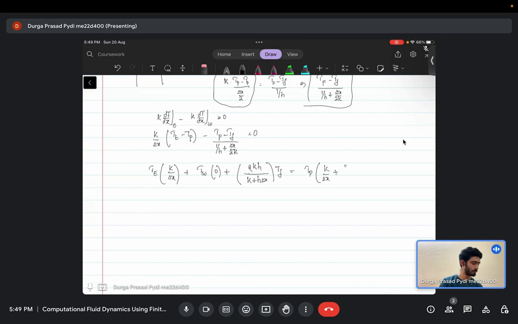So from the west boundary I get something like 2kh by h delta x plus k. So this is my A east, this is my B term, this is my A west term,